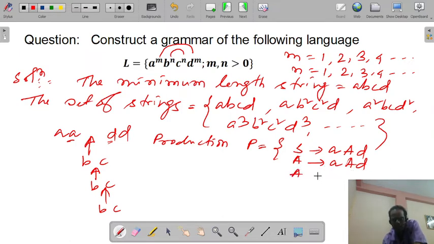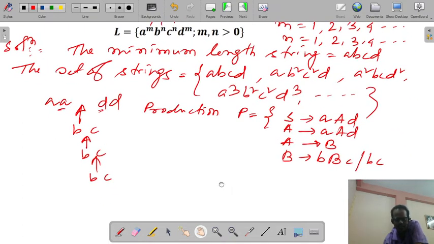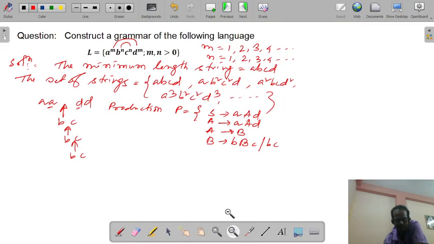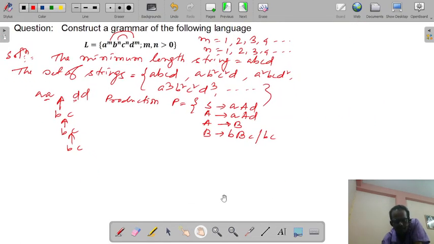So A we are changing to B. Now the B will produce the number of B's and number of C's. So B implies small b, capital B, small c, or, as per the length of the string, that might be BC. Just you see here. So this will be the production set.